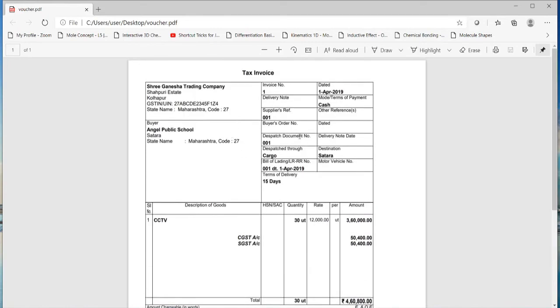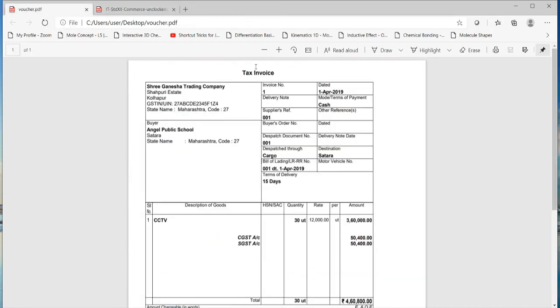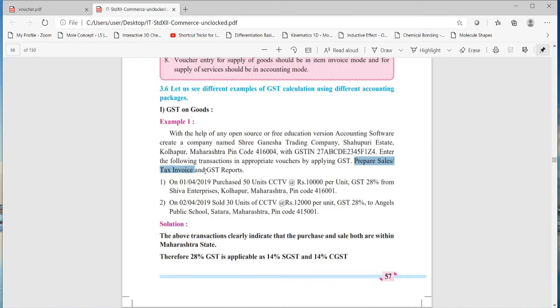So this is what is being asked in the problem. Let's go back to the problem. See here, prepare sales tax invoice, which is this. This is sales tax invoice. And secondly, GST reports. So to see all these GST reports,